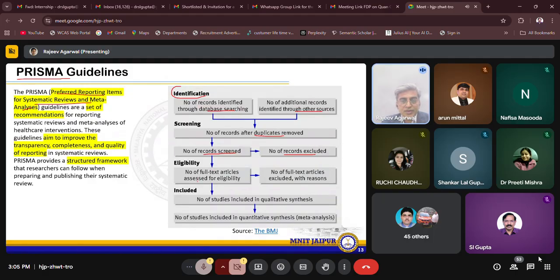There are a number of ways; if we are getting only an abstract, you can say the full-text article should be eligible. Then include the number of studies in qualitative research synthesis, and the number of studies included in quantitative analysis, which is here. You will understand this with the help of an example. This is also published in one of our papers in the Benchmarking journal. PRISMA is Preferred Reporting Items for Systematic Reviews and Meta-Analyses.